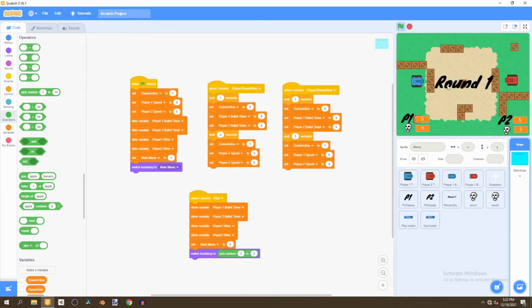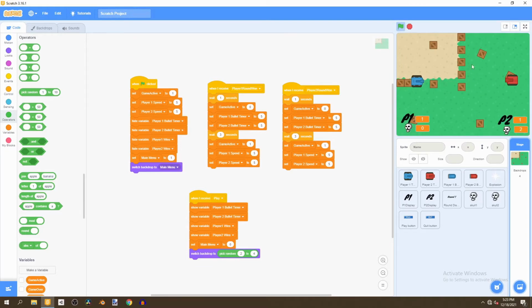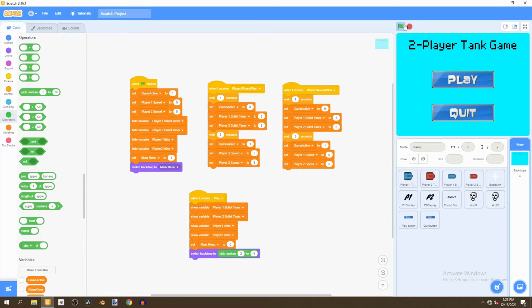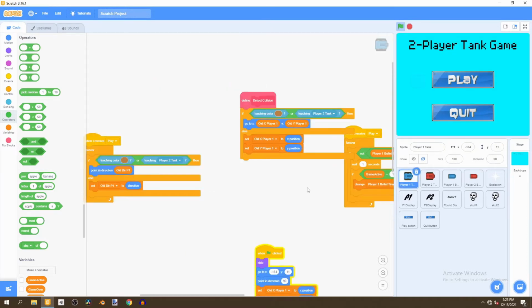And if we play the game and just randomly select levels, we'll find out that only for the first level the placement is right, but in this level the player could barely even get out of their little position. This is because we haven't set up different positions for each level. So the more levels you have, the more different positions you're going to have to create, but it doesn't take that long. So what we'll do is, I have already found out the position that's most optimal for the levels